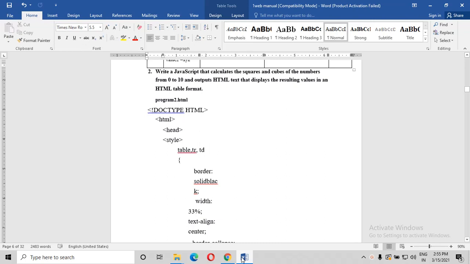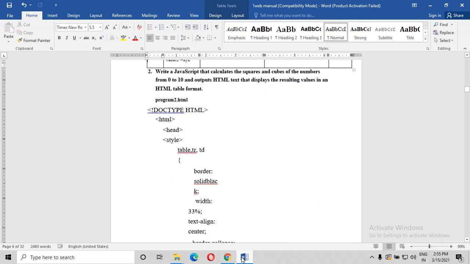As we know, the program will start with the doctype, HTML, head, and the style. Again you are giving the style. It's not mandatory to give the same style that I have given here. You can give table, tr and td, as I've already told you what tr is. Tr is a table row.